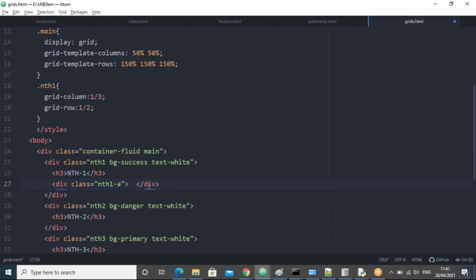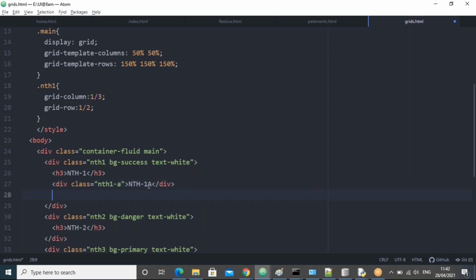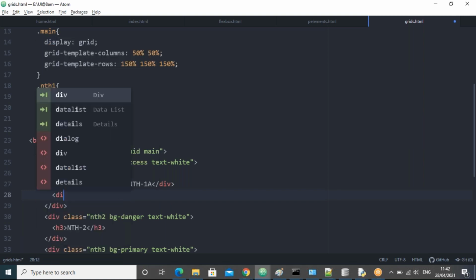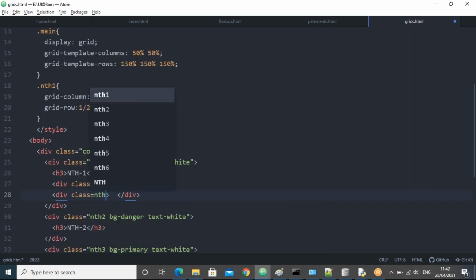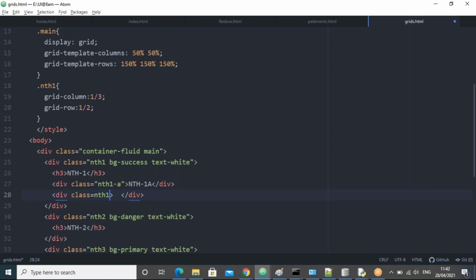I'll take the same NTH1A, like this. Right. I'll take one more also, guys. I'll take a div like this, and here we'll take the class name NTH1B.